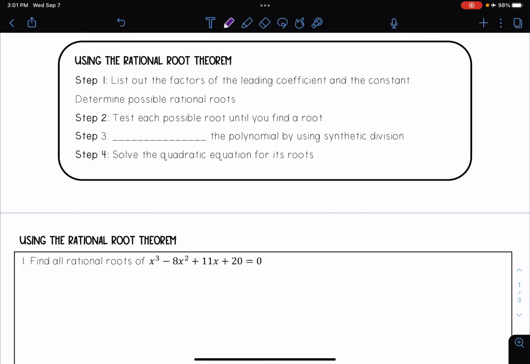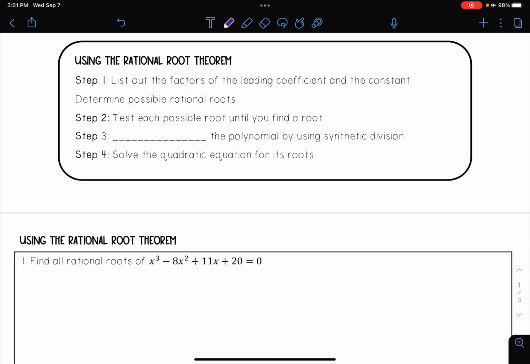In this video, we're going to talk about using the rational root theorem to find all the rational roots of a polynomial. In other words, we are solving these polynomial equations. There are going to be 4 basic steps that we're going to use to find all the rational roots. The first step is to list out the factors of the leading coefficient and the constant, and determine